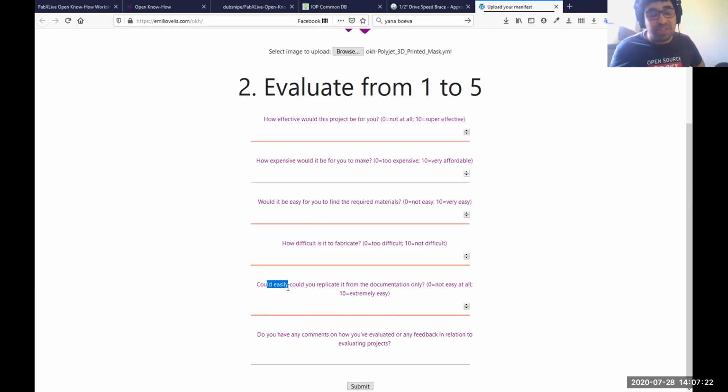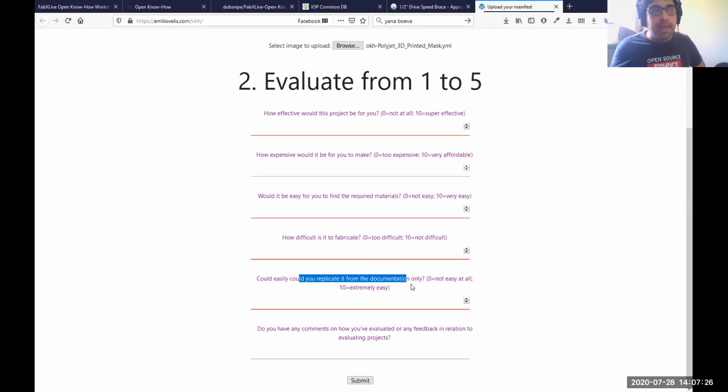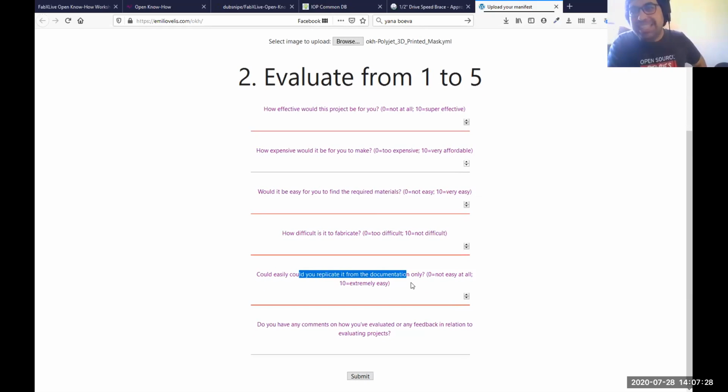How easily, should say here, could you replicate it from the documentation only? So from what you see on the documentation, is it an extensive, comprehensive set of documentation that you can say, yes, I can make this from it, or probably you would have to write the authors to ask questions. And then at the end, if you want to leave some comments on what you think of, or why you